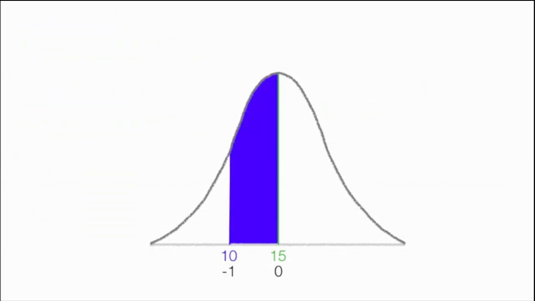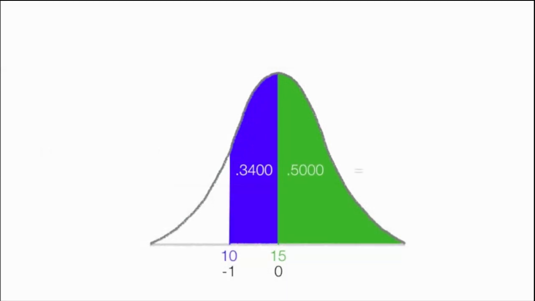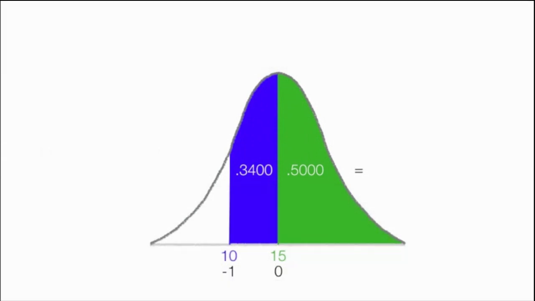So this blue area is equal to 0.3400. I determine that by looking up -1 in a standard normal table. The area above 15 is 0.500 because it's half the bell curve. And these two areas added together equals